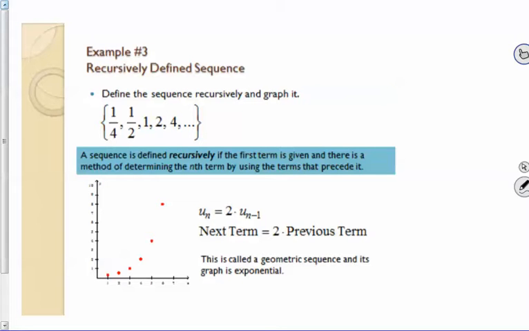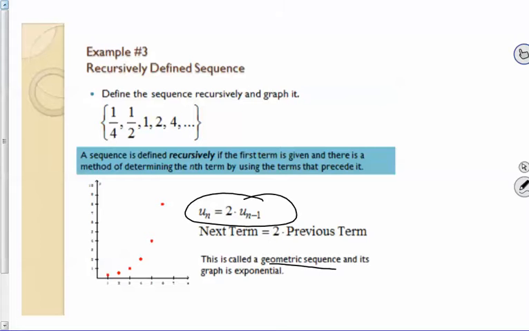This is what we call a geometric sequence. But if you look at this, it goes 1/4, 1/2, 1, 2, 4. What's happening is it's doubling the previous term. That's what this is right here. This means it's a recursive